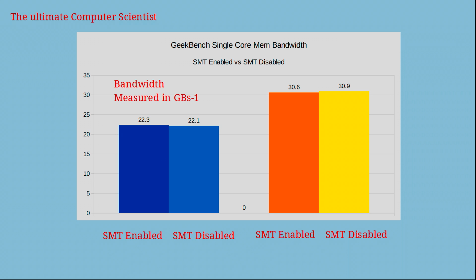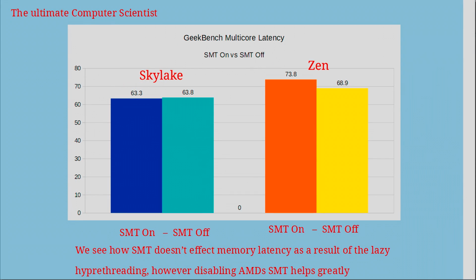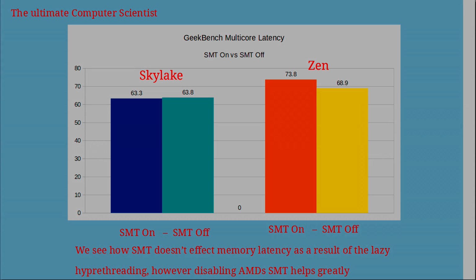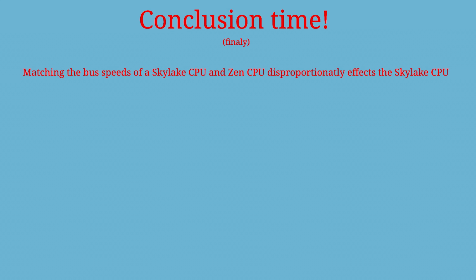This is why Intel gains a small amount overall, but interestingly, again, the Intel CPU in multicore didn't see a memory latency change throughout any of the tests. However, AMD with SMT off did lose some of its lead, but it was still statistically significantly faster than even the fastest access times allowed by having SMT on, showing that SMT really does increase memory access times for AMD CPUs. So when dropping bus clocks of a Skylake CPU to meet that of Zen CPUs, the Skylake CPU is